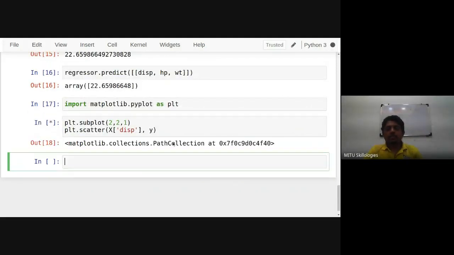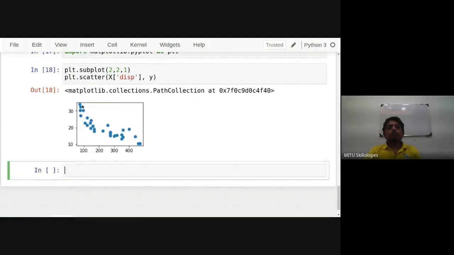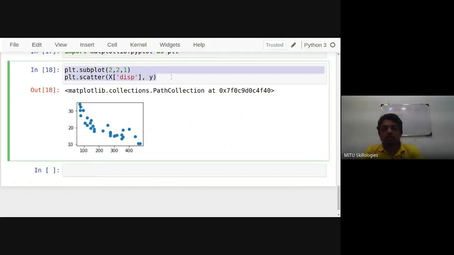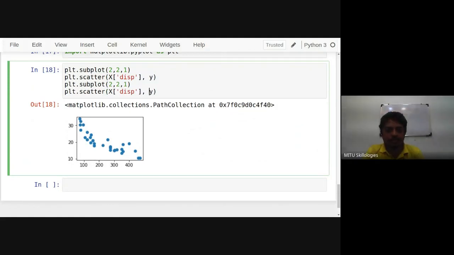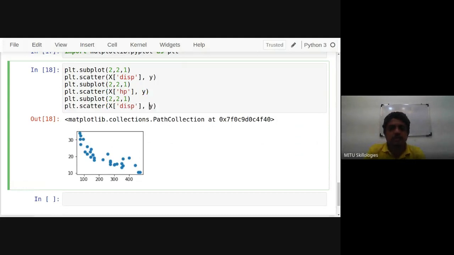You can observe that it is decrementing, correct? x is incrementing and y is decrementing. Like that, I'll plot the other plots also on a single plane here: displacement, then HP against y, and then three plots. We have seen that concept in the last semester, how to create this dashboard.